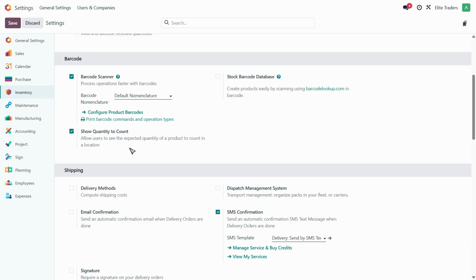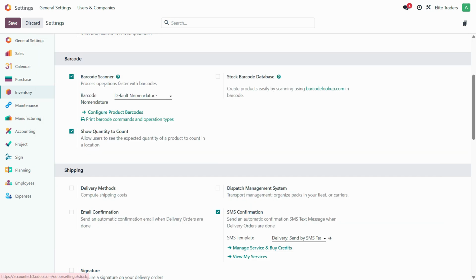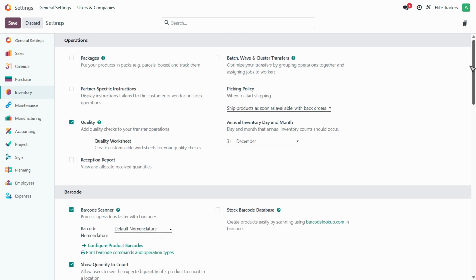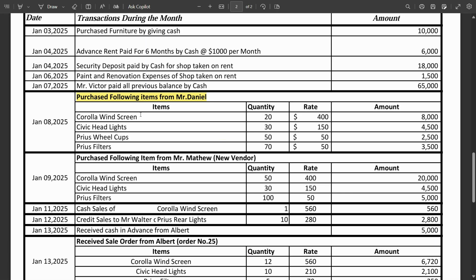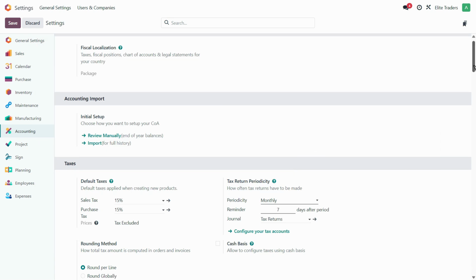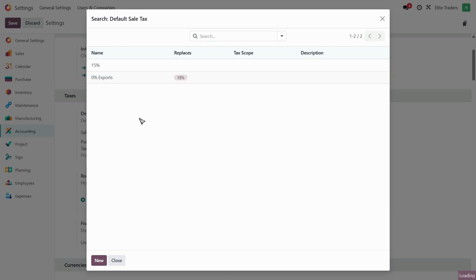Now what we want to do here is, since we started working on inventory, here is the inventory module where you can check the systems that you want to enable. But basically we want to work on the accounting treatment. We want to see how the accounting treatment works for each inventory item. So first of all, under default taxes, as you can see, the sales tax and purchase tax are set to 15%. So here I'll just click on search more and create a new sales tax,